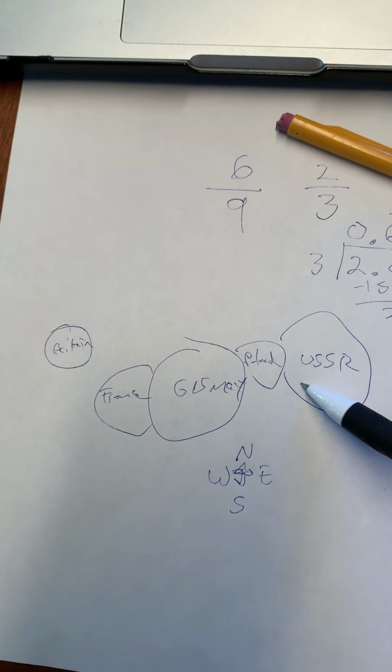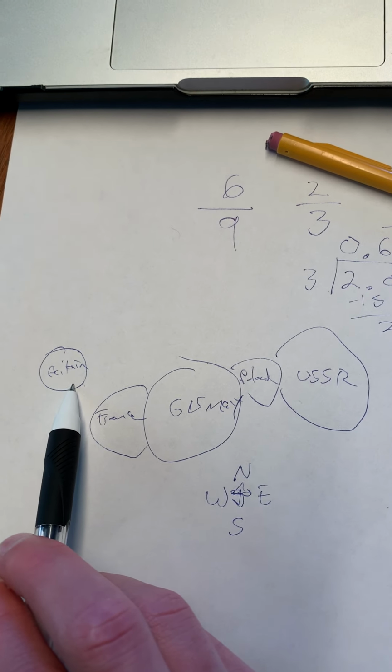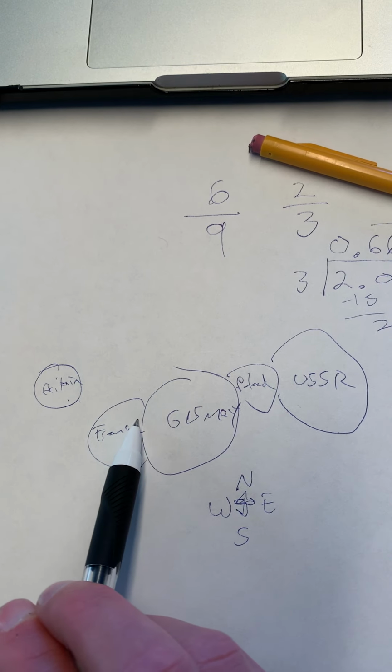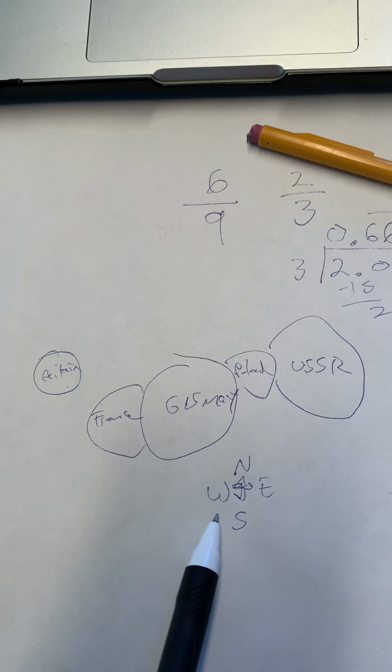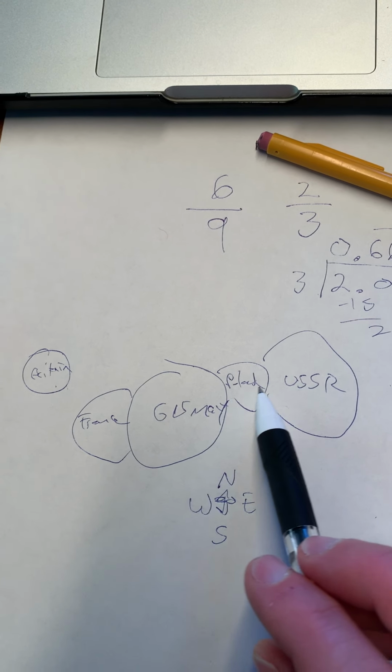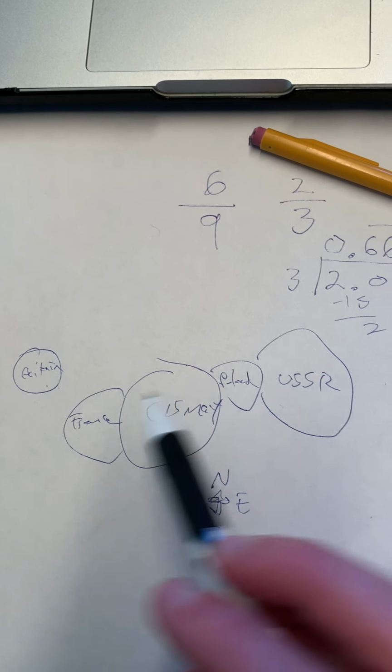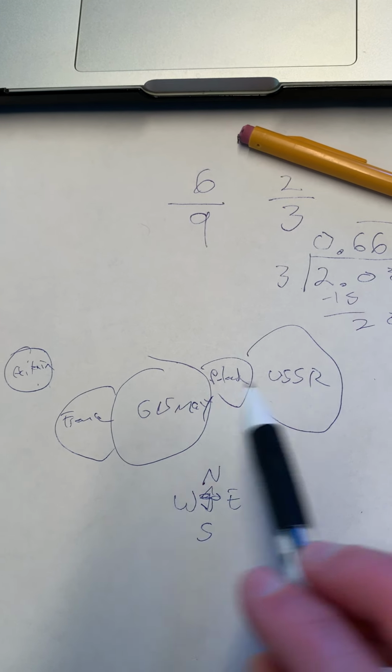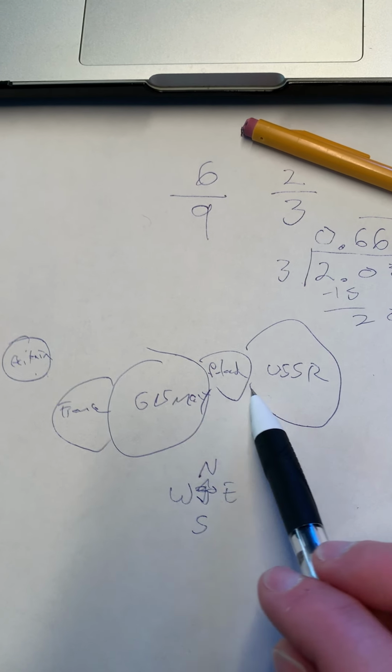All right. So remember, we looked at D-Day. Britain and the USA attacked Germany from this side. What side is this? The USSR is attacking Germany from this side. As the US and Britain are attacking from this side, the USSR is attacking from this side. What is this side? That will answer your question. Okay.